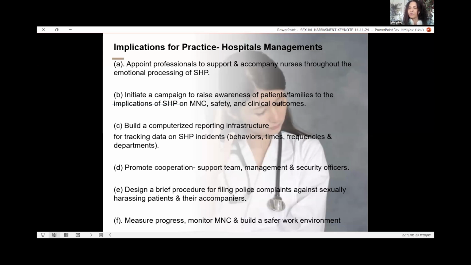Also, promote cooperation among the support team, the management, and security officers. Design a brief procedure for filing complaints in the police against sexually harassing patients and their accompaniers. And the last thing is,